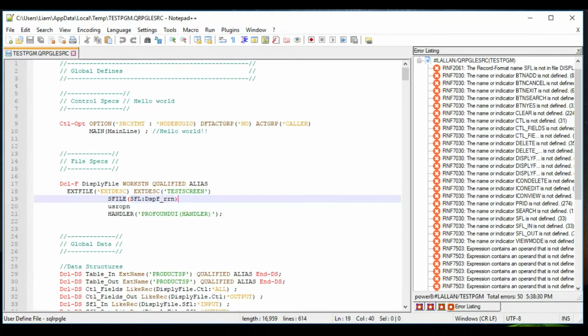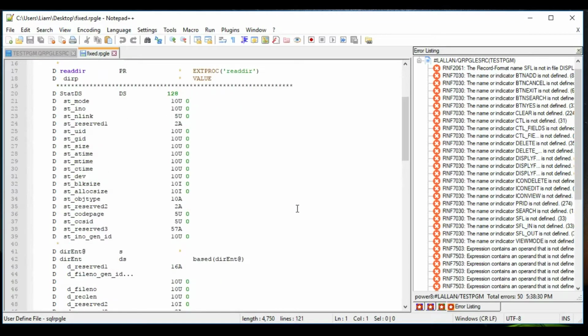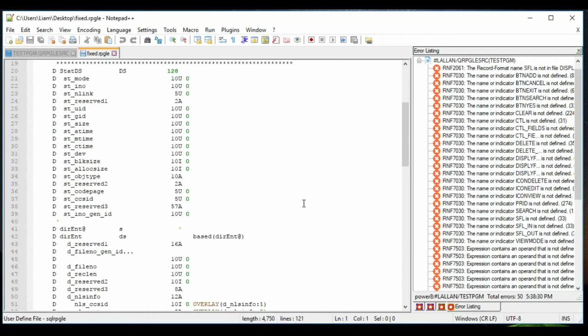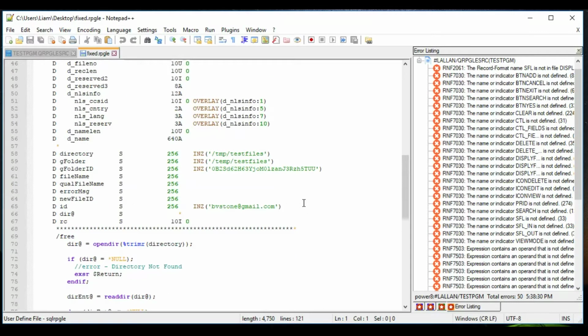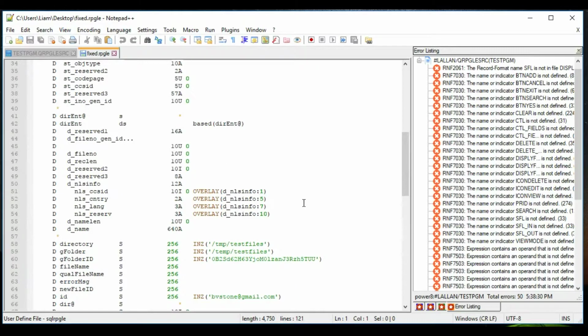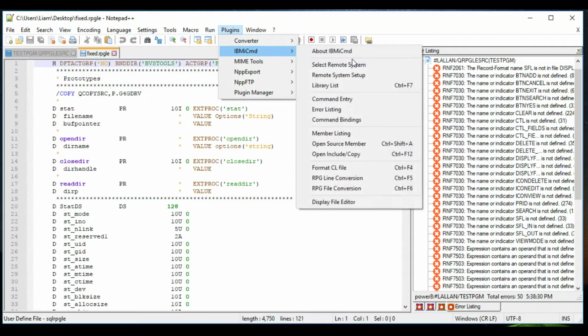So next we're going to look at converting a fixed format program to a free format program. What we're going to do is go ahead and open up a fixed format program, and this is courtesy of BVS Tools. Thanks Bradley. I'm using a program that you've created as an example, and quite simply I want to take all these fixed format definitions and create free format definitions, and all I have to do is go to plugins, IBMiCmd, and then